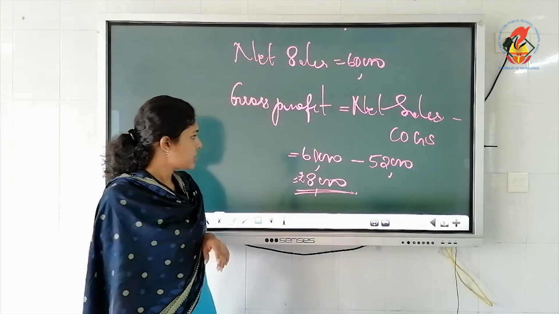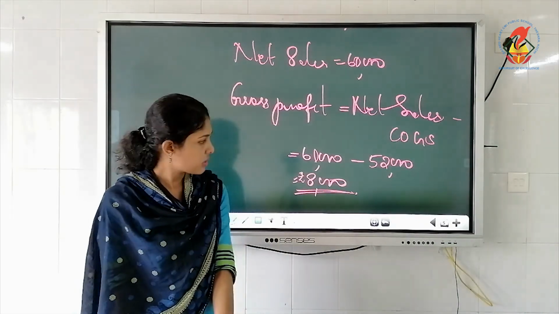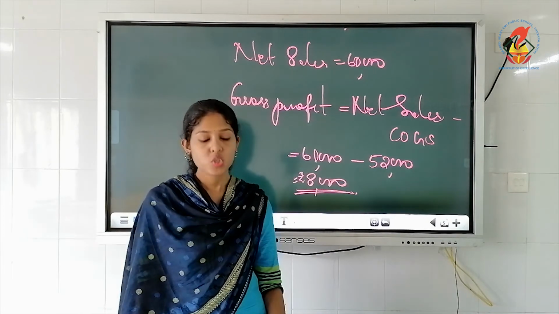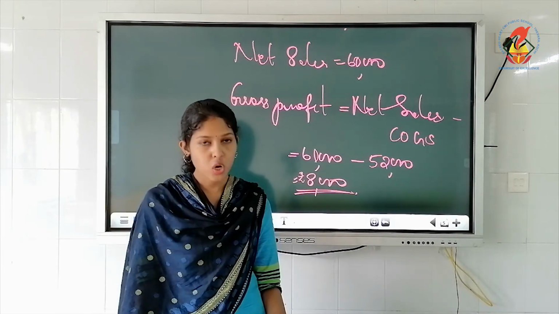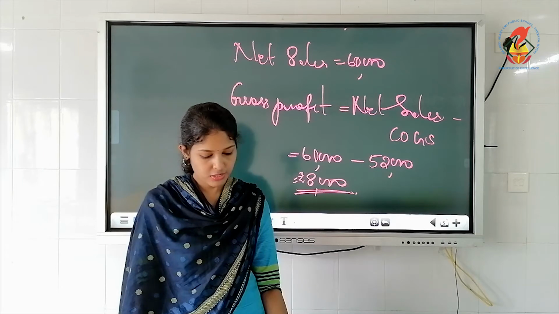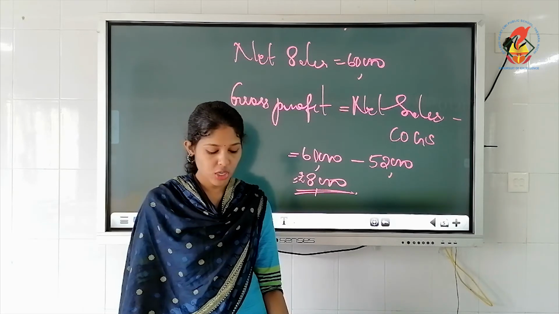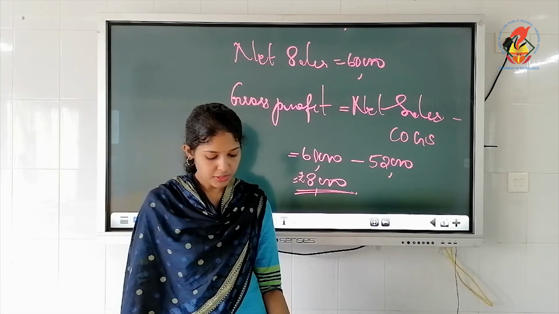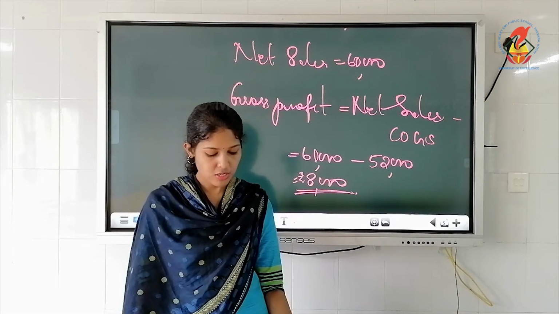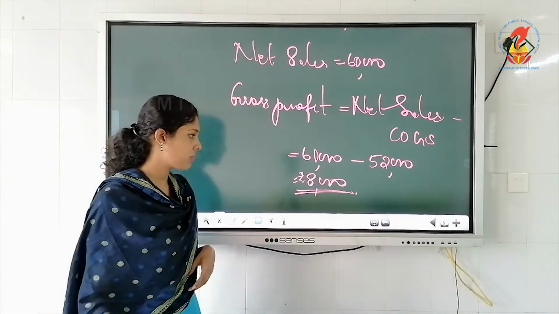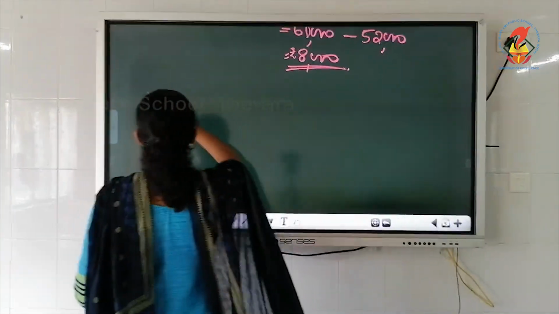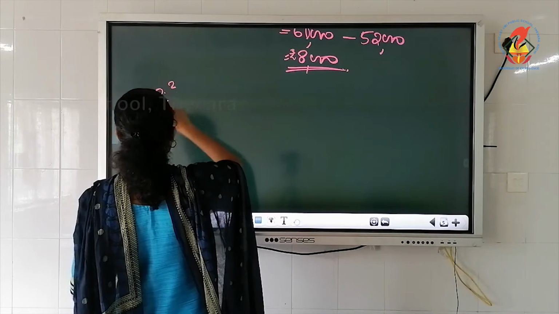Then the next question, now we did 19th one. Okay, now we will work out trading account questions. That's on the next page, 18.62. You have to write the page number and question number always. This is practical problem number 3, which we are going to do. Prepare trading account from the transactions given below. So we will draw the format first, then we will start practical problem number 3.